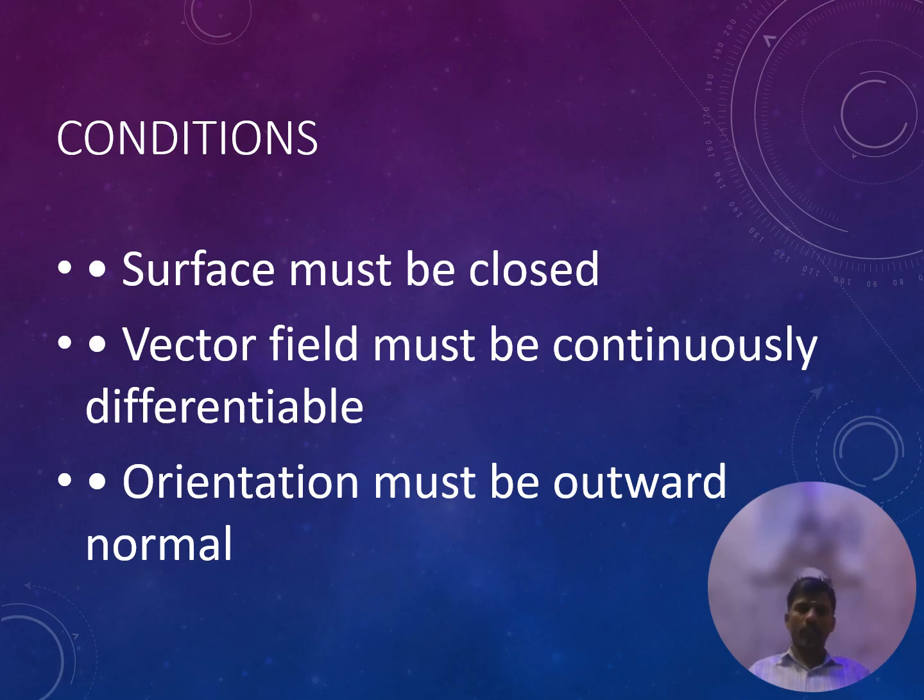Second, the vector field must be continuously differentiable. Third, orientation must be outward normal. So these three conditions must be satisfied for every Gauss divergence problem. Hence the Gauss divergence theorem is fully satisfied. For example,